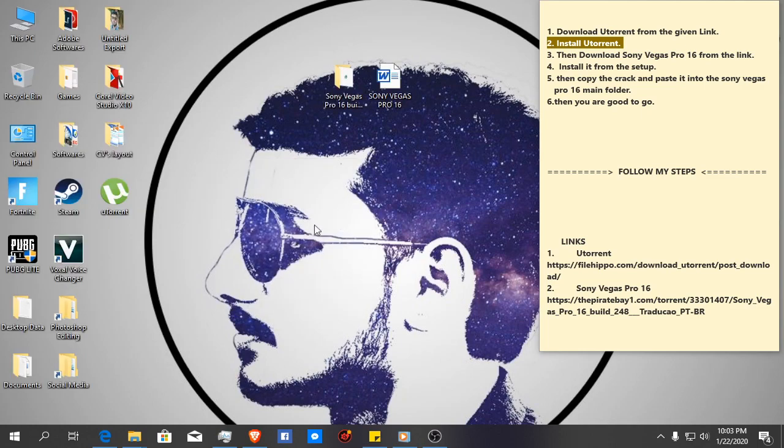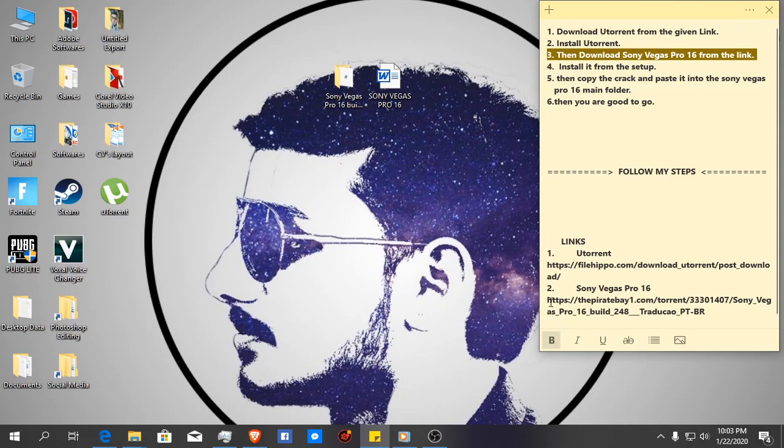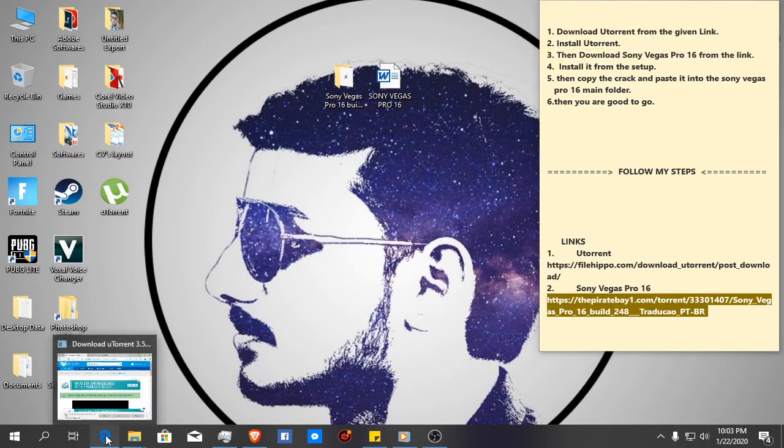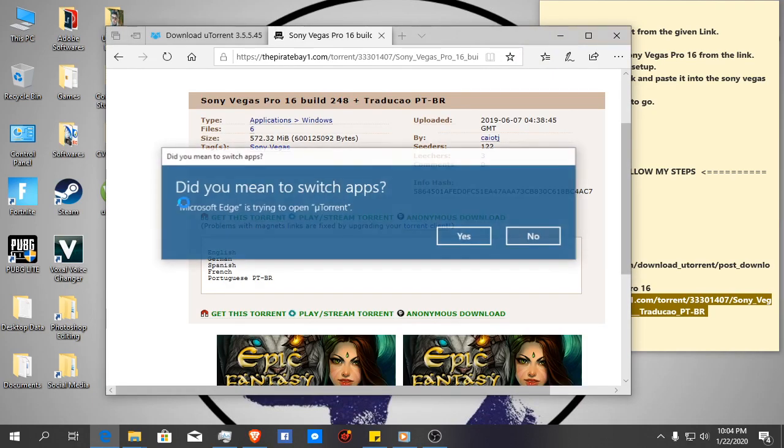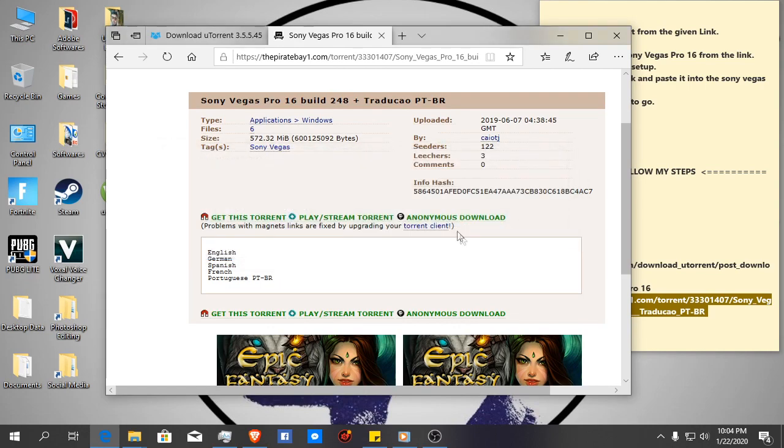Now the second link, you will have to open the second link which is in the description box below. Now here is the link. Click the magnet button. Now it will prompt you to open uTorrent. Click yes. Now uTorrent will open